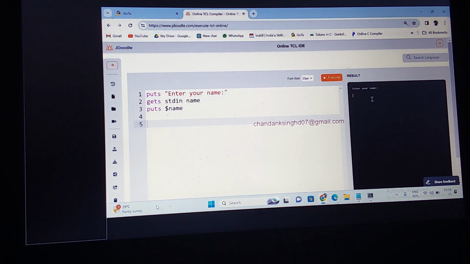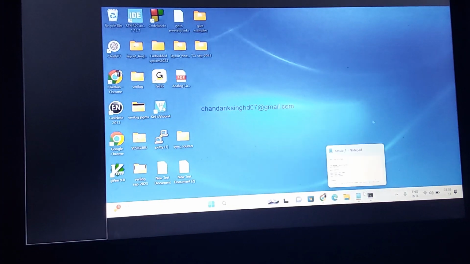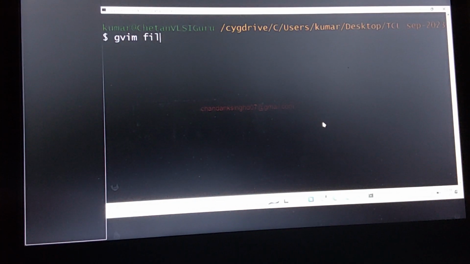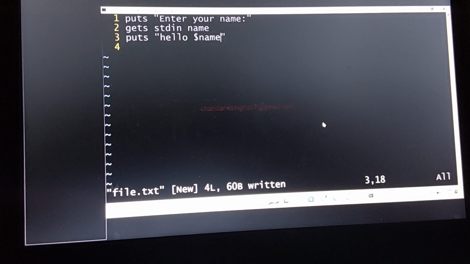First it is asking to enter the name. Let me enter the name. It should come as Hello and the name, right? Okay, let us run this using the Tcl shell. Vim file one dot tcl, let us take a tcl file only. Let me copy this. What I want to print is Hello world, right? Insert mode. Double quotes, inside this, Hello. Let us remove this. Now I am going to save all, then exit.